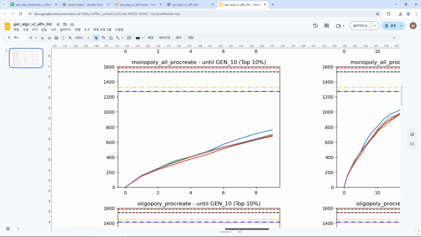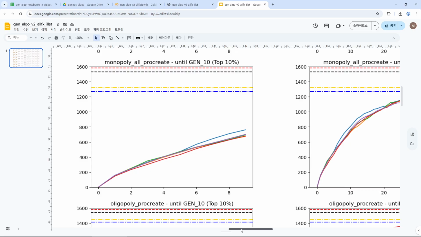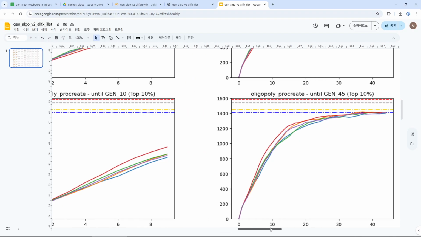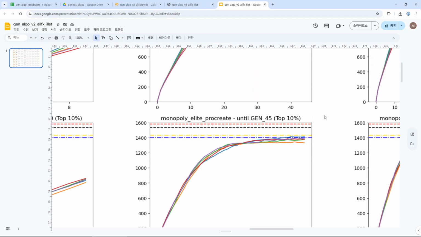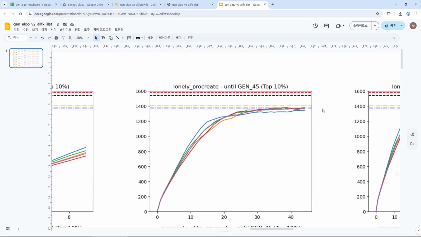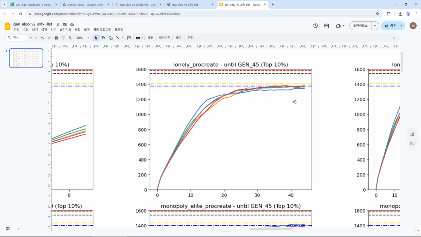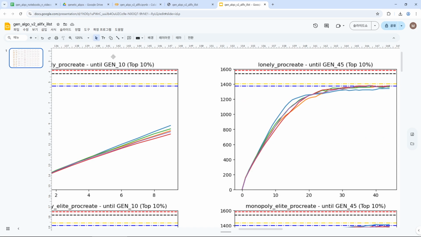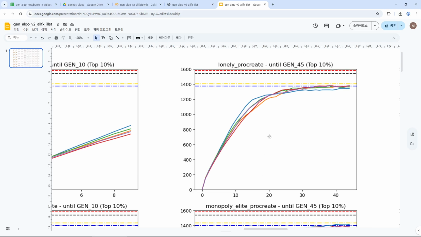But we do have a healthier population when we use Oligopoly Procreate or favoring highs. And then this is until generation 45. So probably, yeah, because everything starts from 0, this is until 11th and this is until 46th, but it doesn't really